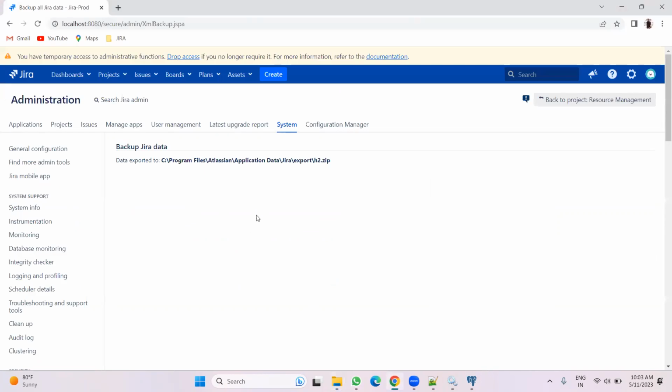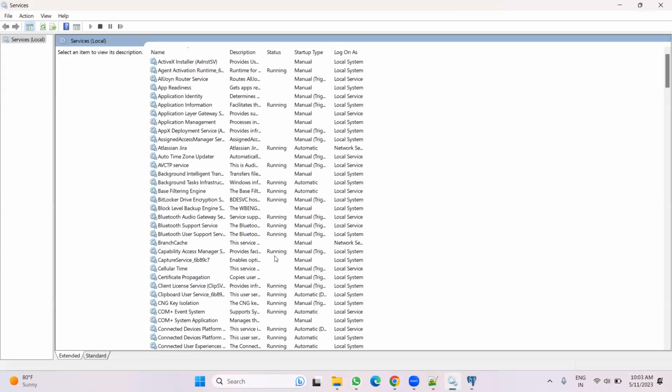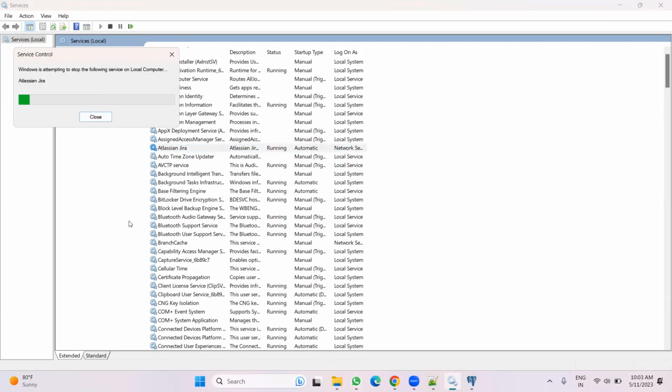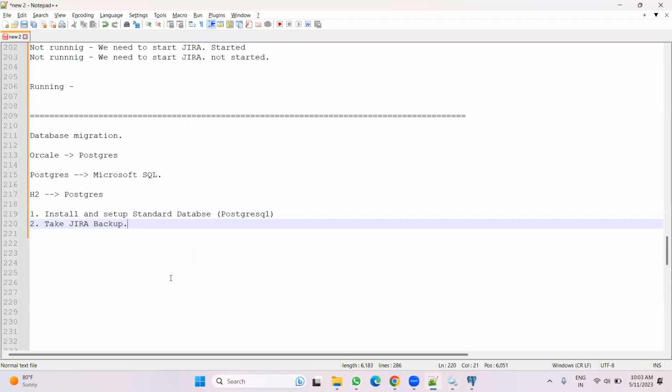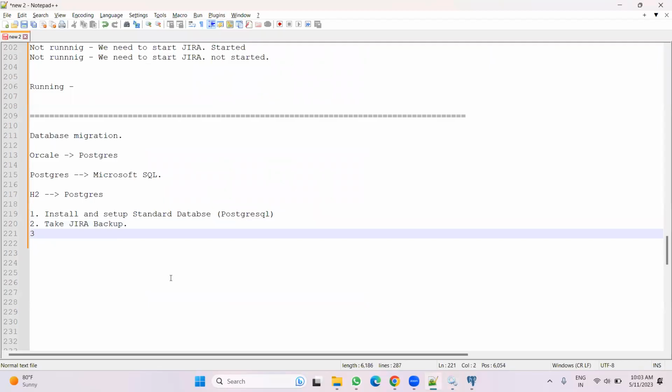Whether you stop your JIRA or not is fine. If you have not started it, stop the JIRA also, that's fine. So what I'll do, I'll stop the JIRA for safety, and I'll click on stop JIRA. Okay, as of now, we have discussed how, while creating a JIRA instance, we set up a